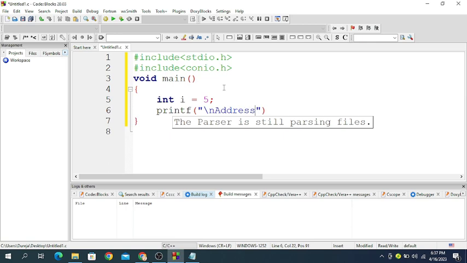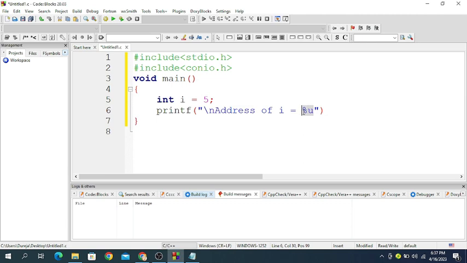So this is your address of i equal to percentage u. यहाँ पे जो हम स्पेशल फॉर्मेट स्पेसिफायर ले रहे हैं वो स्पेशल स्पेसिफायर कौन सा है, percentage u. u क्या होता है, that is your unsigned integer. अगर आप किसी भी एड्रेस को प्रिंट कराना चाहते हो स्क्रीन के ऊपर तो you can only print using the special format specifier that is your percentage u,